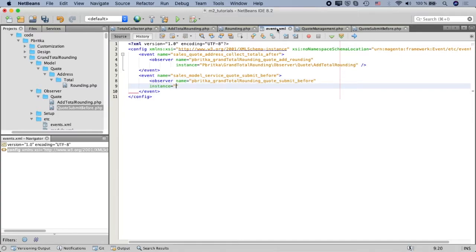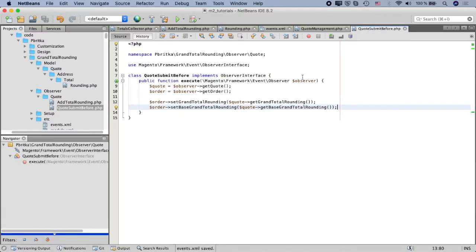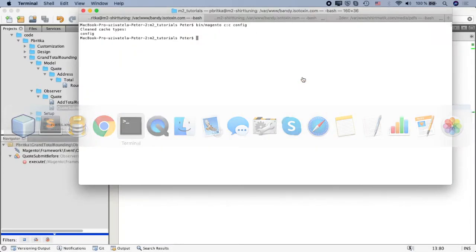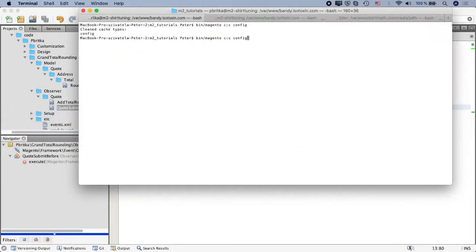The class instance is Iritka grand total rounding observer quote submit before, which is the class we just defined here. With this in place, we can clear the config cache,